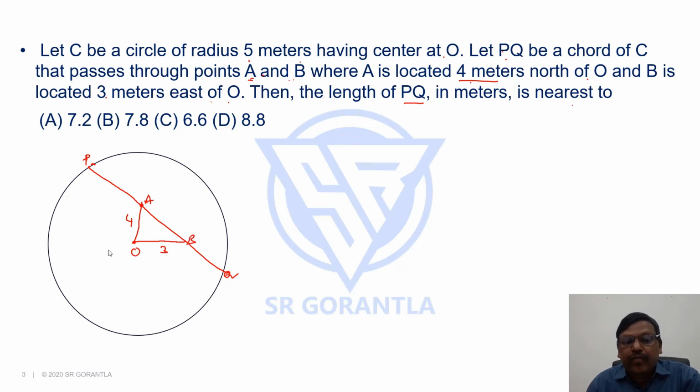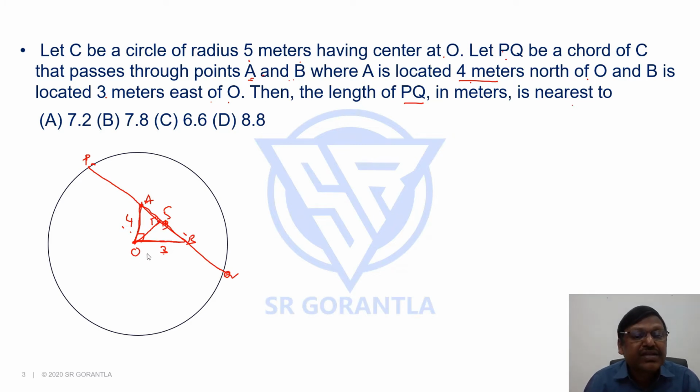This is B. So this is north and this is east, means obviously they are perpendicular. So OAB becomes a right angle triangle. If this is 3 and 4, by applying Pythagoras theorem, AB square is equal to 3 square plus 4 square, you can get AB as 5. Now, if I draw a perpendicular from O to AB, let us say this touches at D, what is this OD going to be?